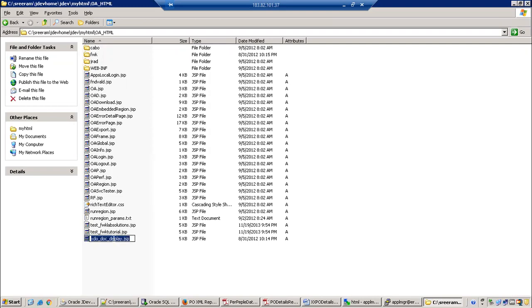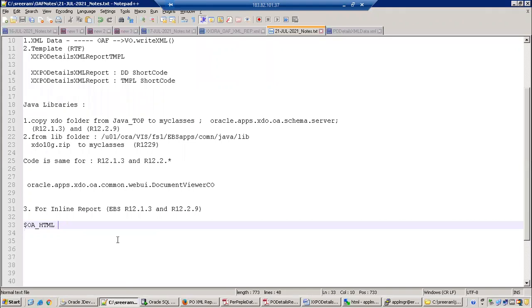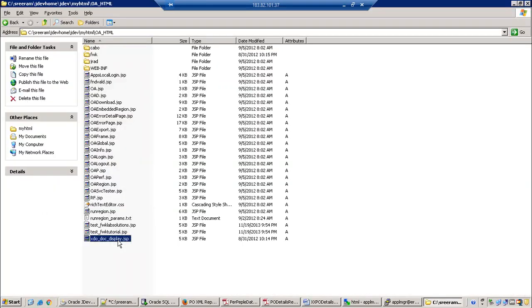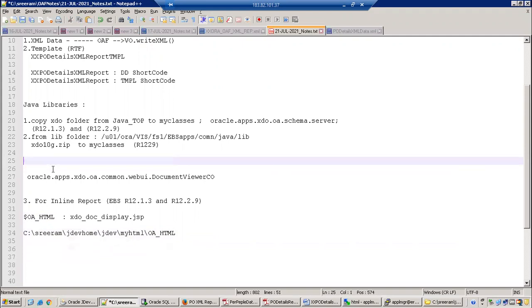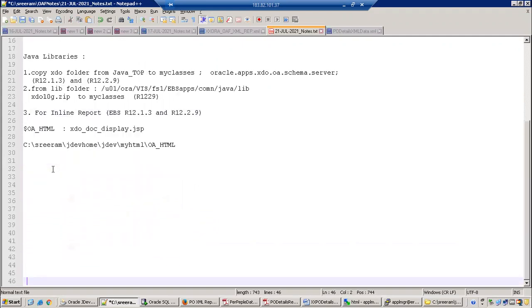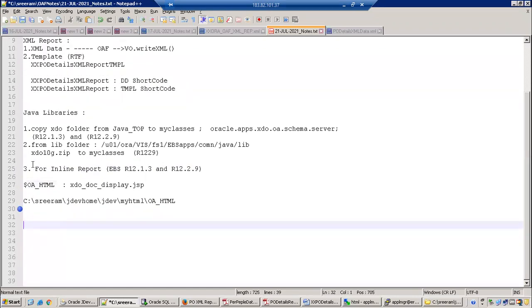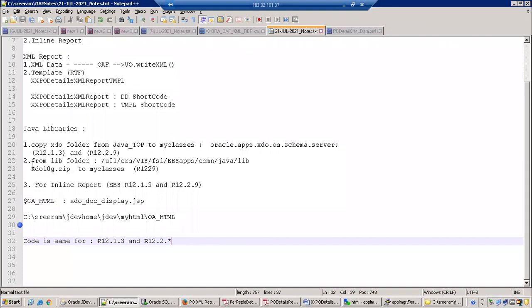XdoDisplay.jsp. So what you have to do is get this file from the OHTML and copy it to your OHTML. This is for both the versions, 12.1.3 and 12.2.9. These are the three things you have to take care of for this to work perfectly. Yes, and the code is the same for both of them.